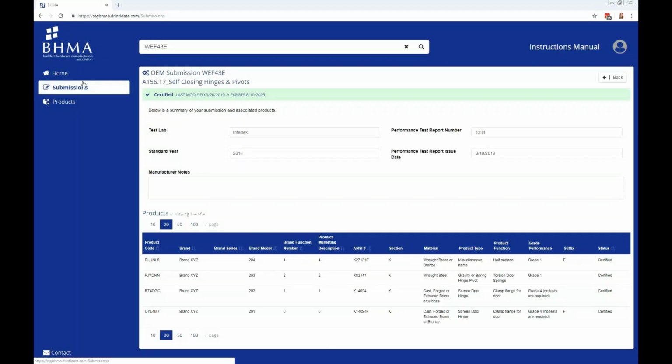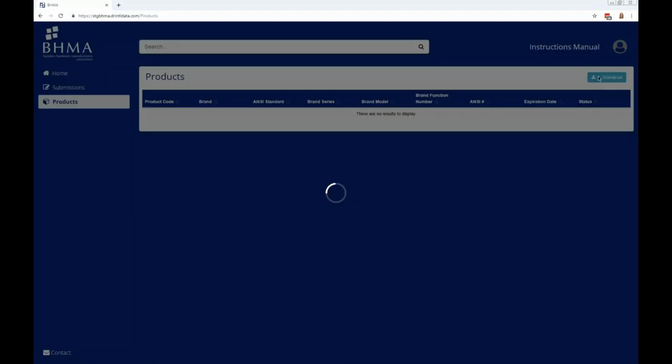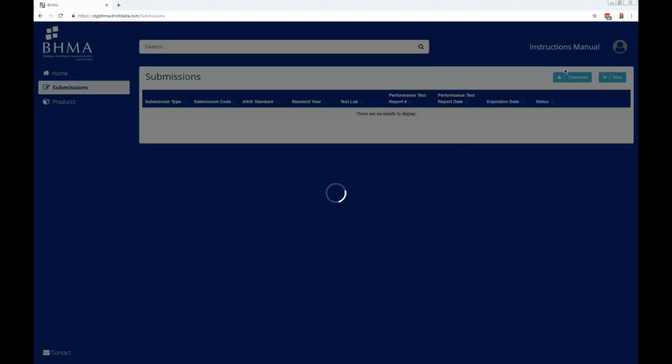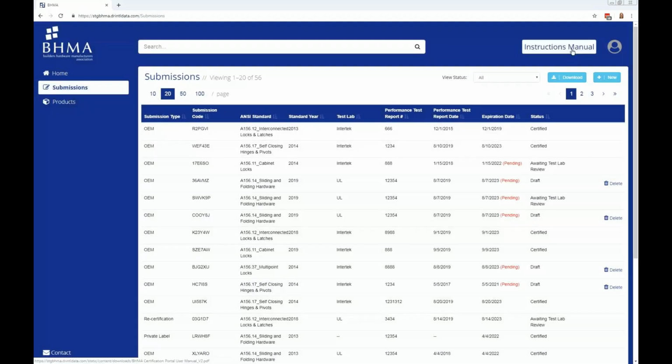Okay, so that's just a basic overview of the navigation, and similar to the submissions page for products, you can also download everything that you have showing into Excel if that's something that you would like to do. So before I go through an example submission, the most important thing I want to highlight is that you have